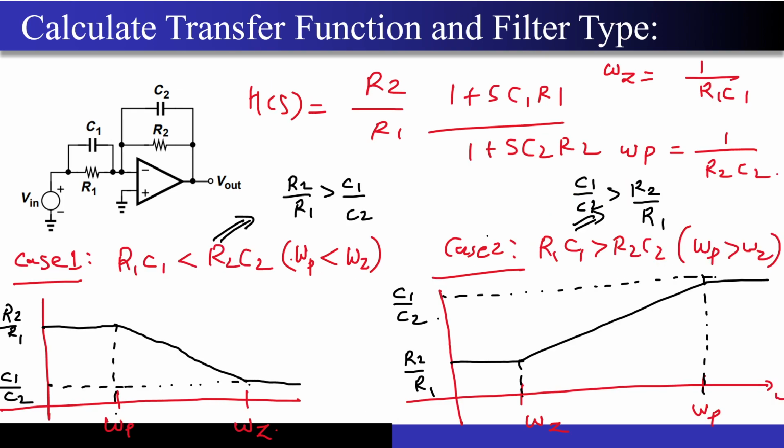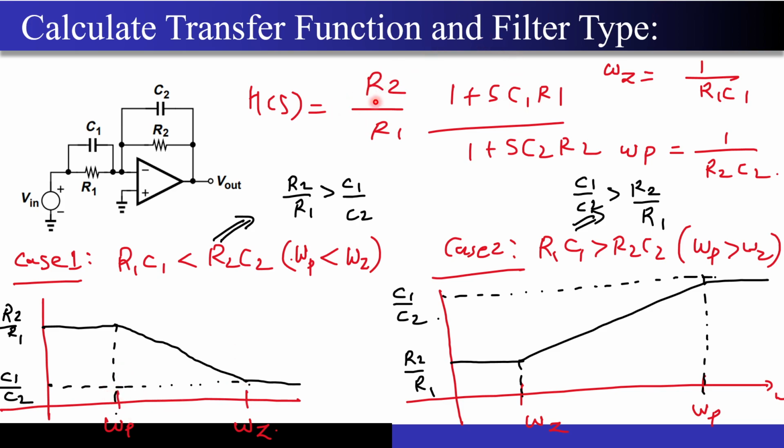So now let's try to plot the response of this. Correct? As I told you, depending on the conditions on C1, R1, C2, R2, the position of the zero and the pole will actually interchange, right? So in the first particular case, I am assuming that my R1 C1 is less than R2 C2. What is my zero frequency? It is 1 upon R1 C1, and pole frequency is 1 upon R2 C2. So if R1 C1 is less than R2 C2, you can see that the zero will be lying higher than the pole, and this is what I have shown over here. Correct? The zero will be lying higher than the pole.